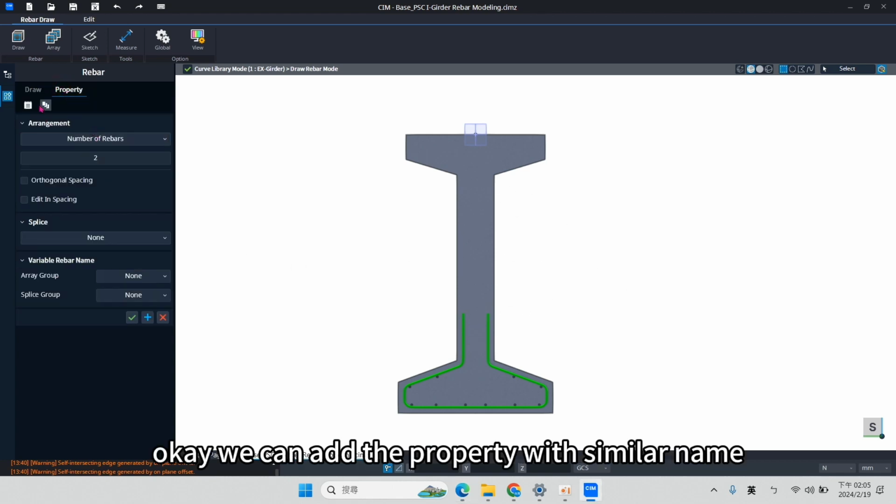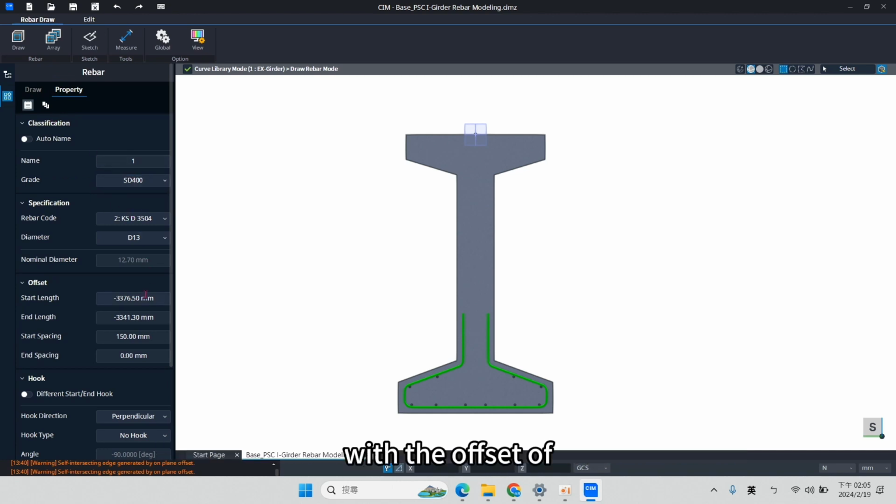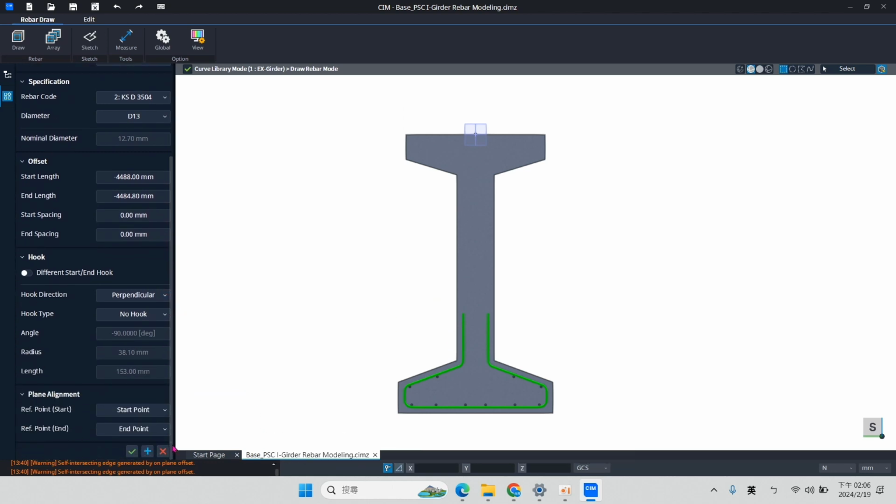Okay, we can add property with similar name with the offset of minus 4,488 with the end length of minus 4,404.8, with no spacing in the start and the end, with no hook.